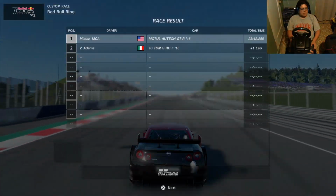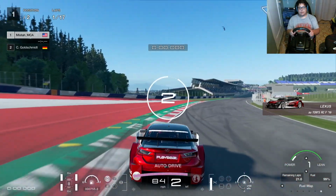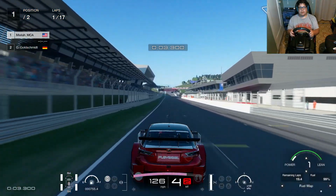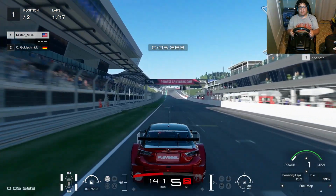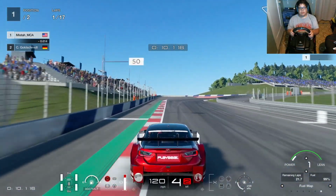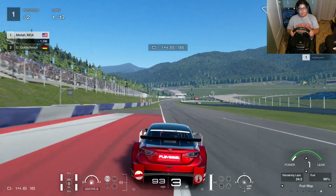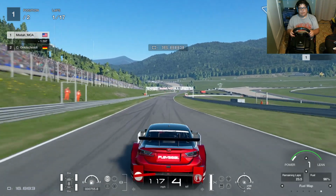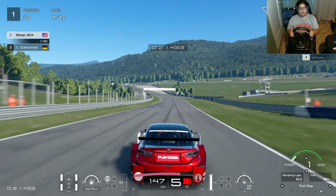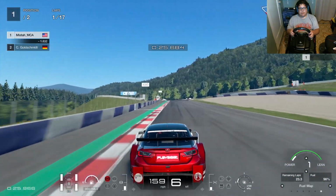This race, the 0 stop, 23 minutes and 42 seconds. So the 0 stop is overall faster than the 1 stop, but it also carries its own risks. And I do want to take a quick look at the Lexus RCF. So this is the 2016 Lexus AUTECH RCF, as this is going to be the other viable car for this race. So the MOTUL AUTECH GTR and the Lexus AUTECH RCF, these two are going to be the most viable